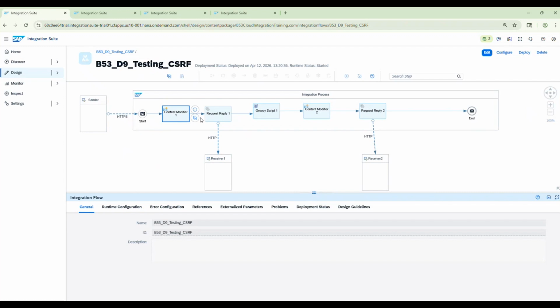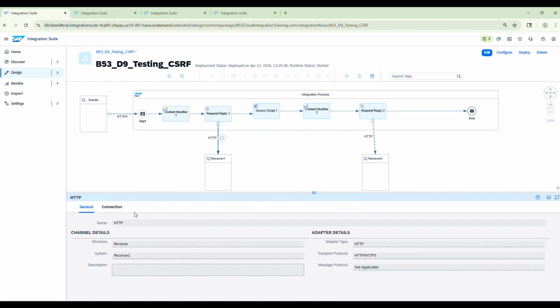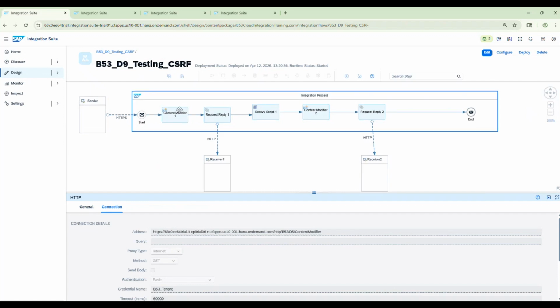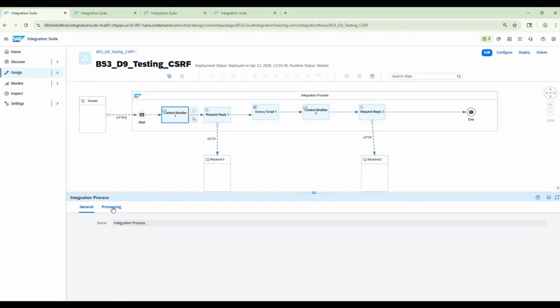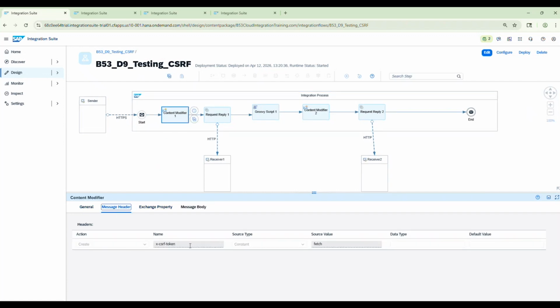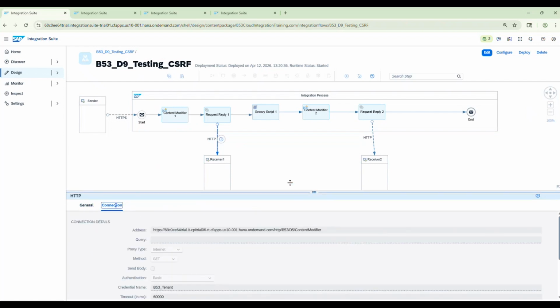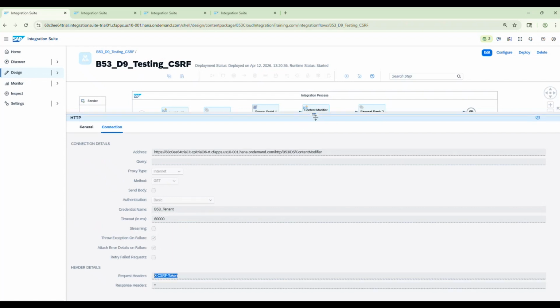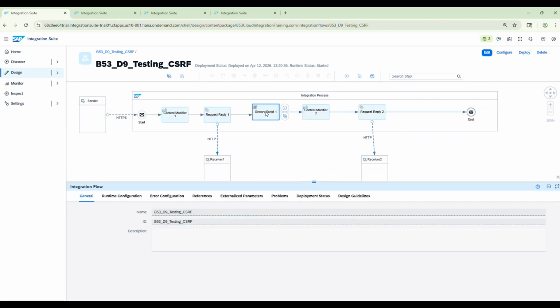Now, the very first thing, as I just mentioned, is that first we have to hit this endpoint with a GET method. And what we are going to do is fetch the token. So here I'm passing this header, CSRF token, and the value is fetch. And this is what we are going to configure. We are passing this header information. So once we have the token, then we will be